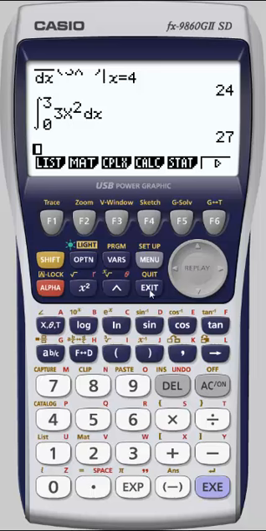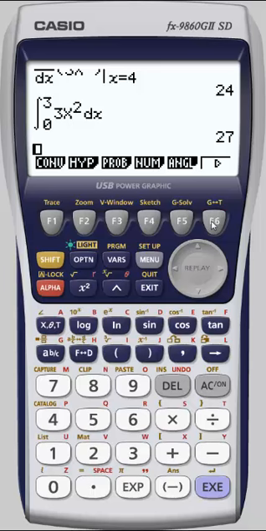Pressing exit, let's go on to the, let's see, statistics. We're going to actually ignore statistics. You can do some statistics here. Just take a quick look. You have distributions at your disposal, compute standard deviation and variance. However, I think I would recommend most of the time you do your statistics in the statistics mode, which is option 2 on the main icon menu, and we'll take a look at that in a subsequent session.